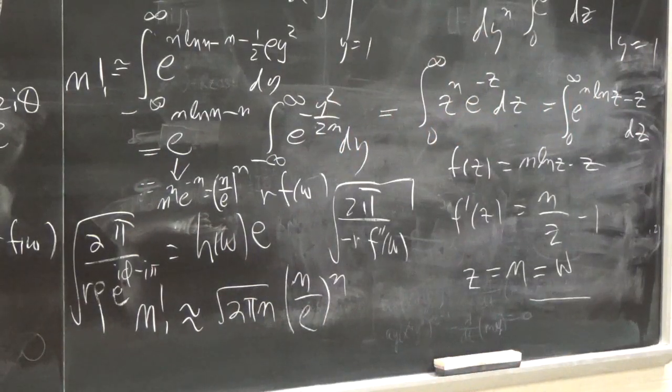So you see, it's an example of this method of steepest descent, and it may even be the best example of the method of steepest descent. And if you have several saddle points, well then you have to sum over them, as I said. All right, well, we've got about 17 minutes left.